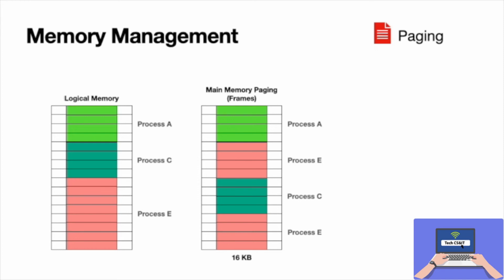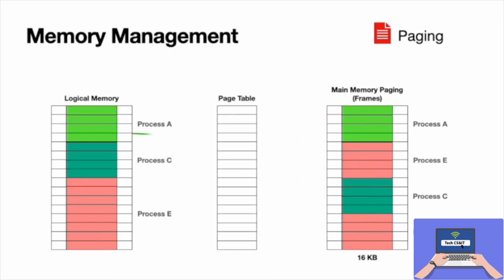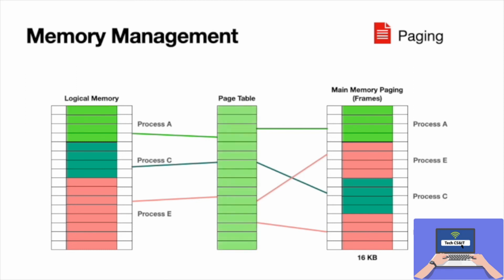The MMU, the memory management unit, has to convert that logical address into the physical address. In order to make that happen, we need another thing which can be used to calculate that physical address using the logical address. So it's the page table that keeps all the references that can be used to calculate the physical address. In other words, all the pages are mapped in the page table. Actually, there is one page table for each process, so there will be as many page tables as there are processes in the main memory.